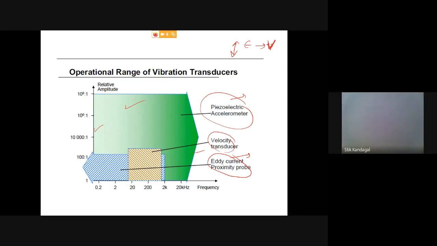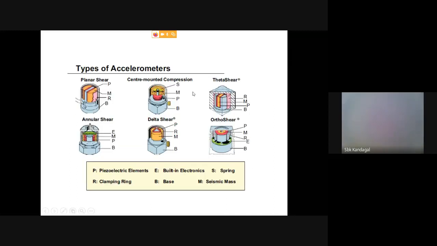Charges and voltage. Whereas a strain gauge needs an excitation voltage, 5 volts plus or minus, so that becomes a difficult situation. Whereas in the case of piezoelectric accelerometers, they are active materials. Any mechanical deformation will generate the strain and the voltage. So that's why it is better to use these accelerometers.